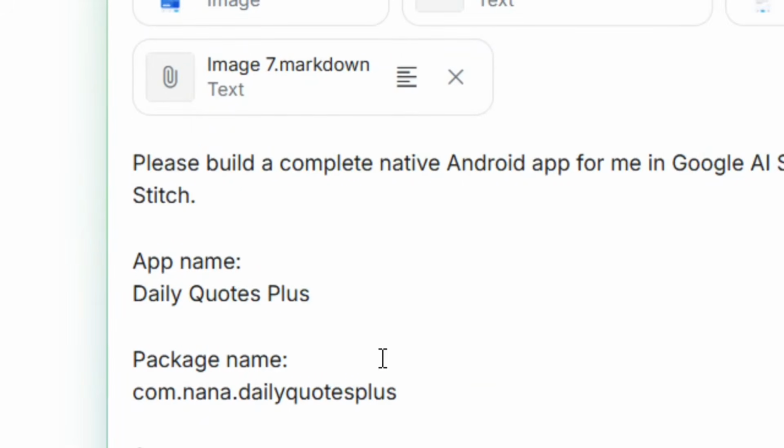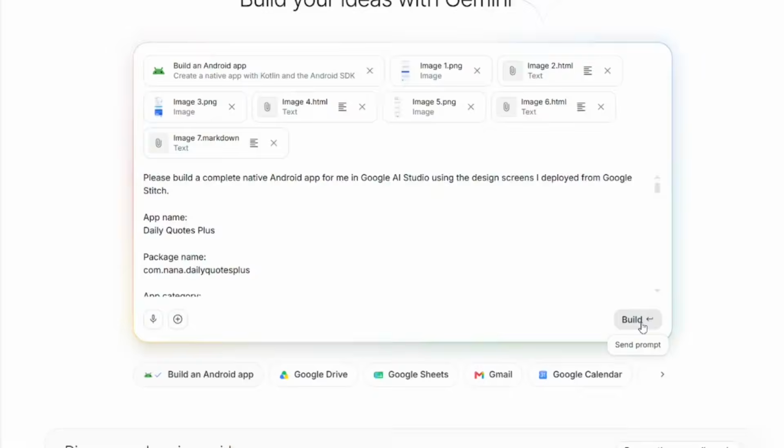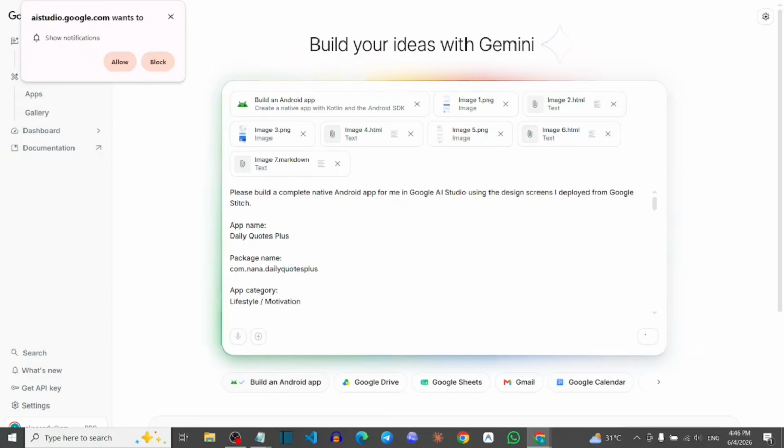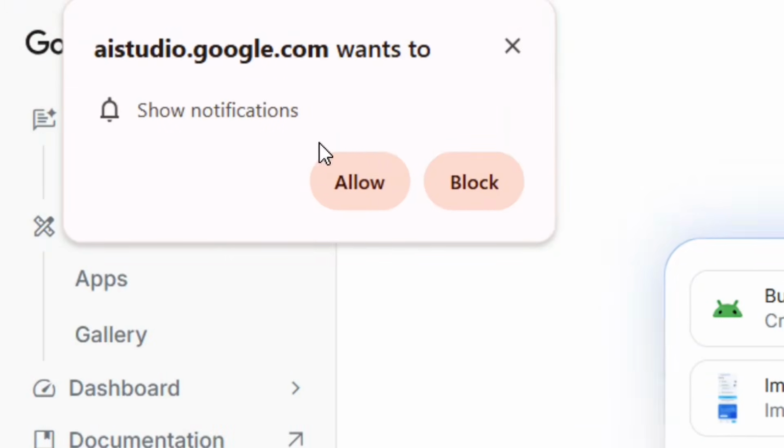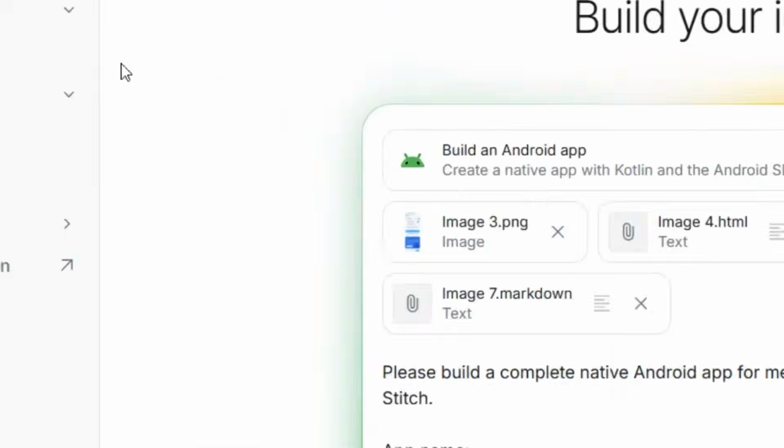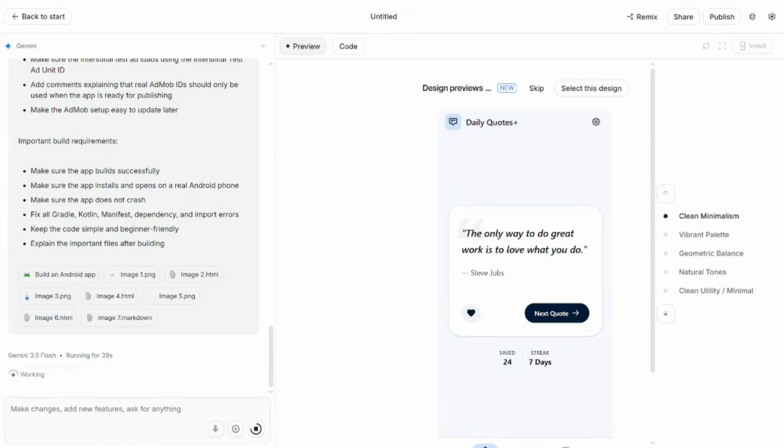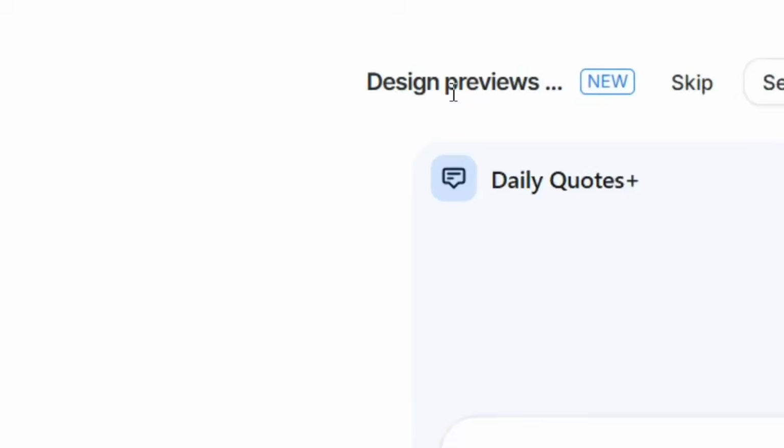After pasting it, all that you have to do is to simply come here. You see that we have build here. Simply come and then click on the build, and that is it. Okay, that is all that you are going to do. Simply come and then click on allow, and that is it. Google AI Studio is simply going to build your Android app for you. But first, it is going to ask you to